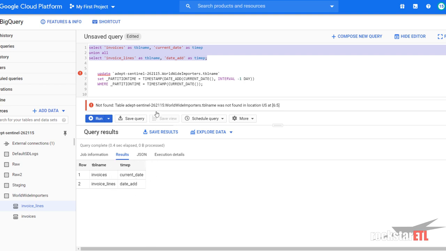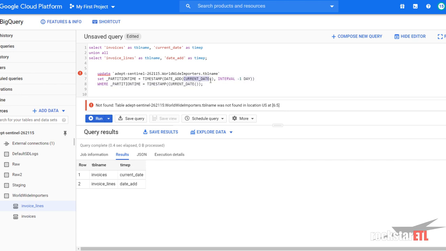So you could build up a very complex arrangement here where you could have TBL name being substituted here with invoices,